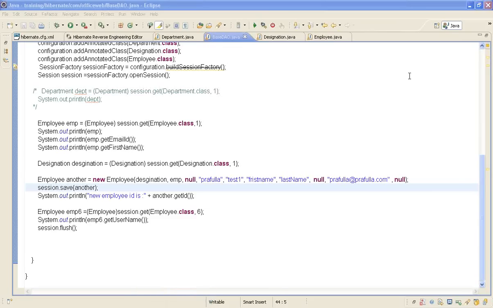It is fine. I'll commit this code anyway. What you can do is, actually